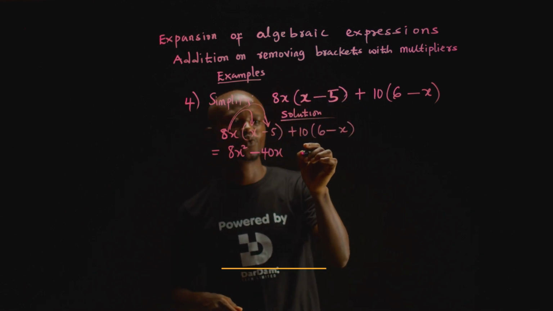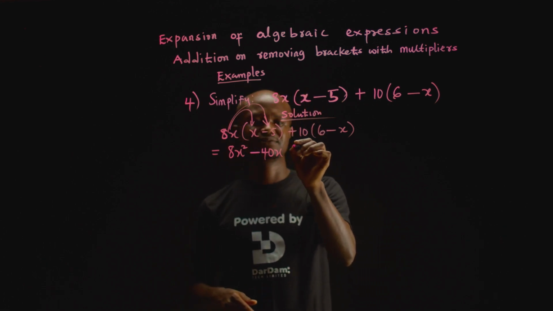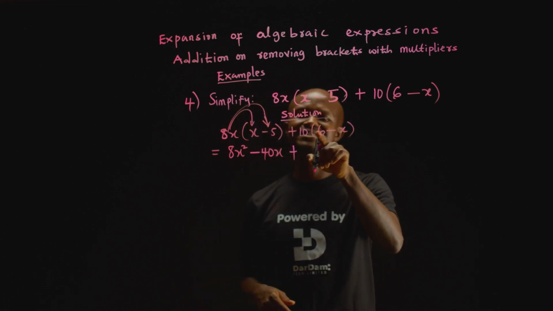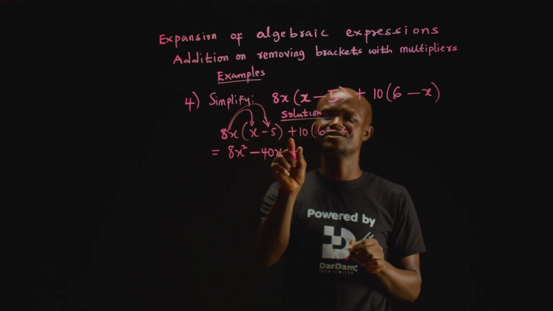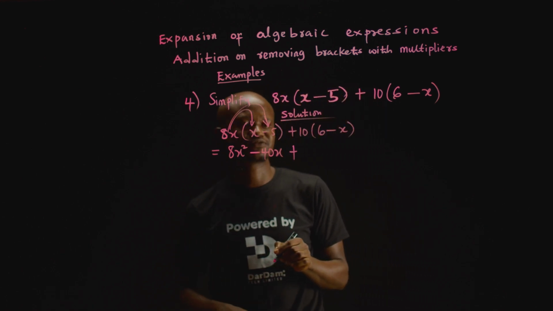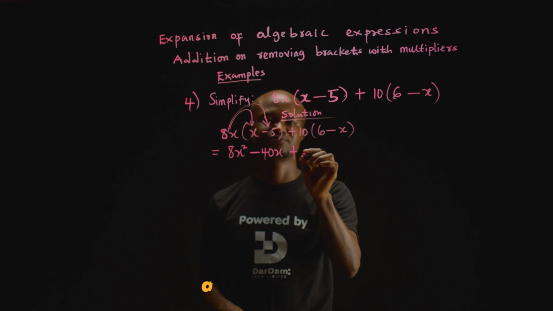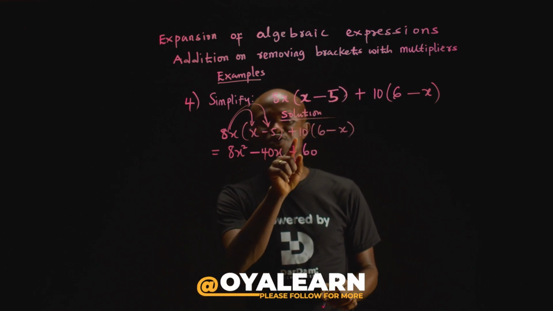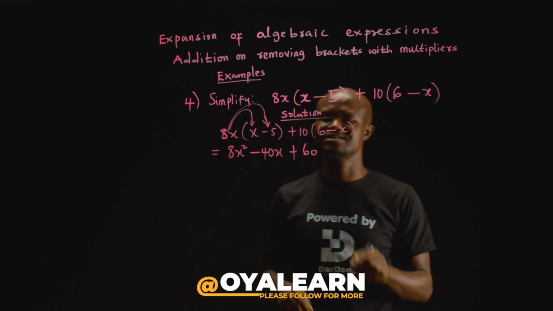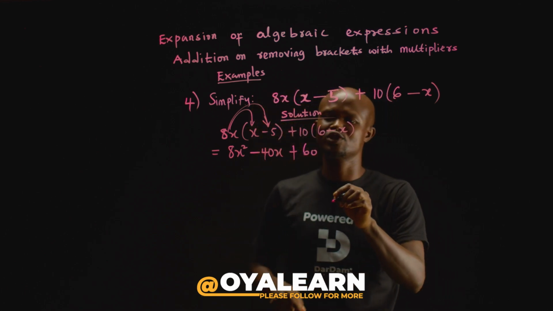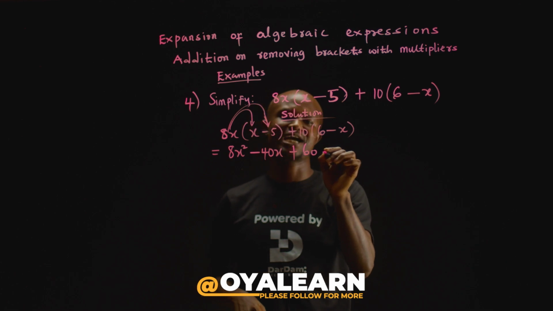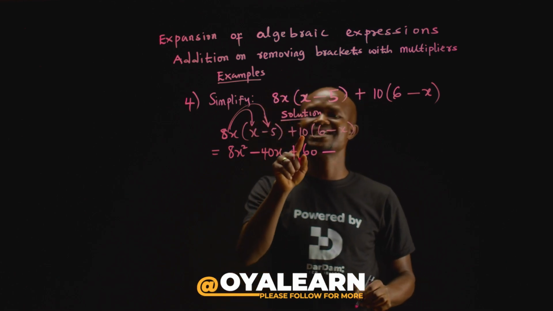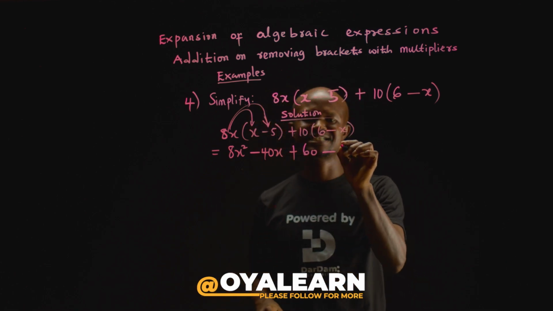Now we have plus 10 times 6, which gives us 60. This plus term is also multiplied by minus x. Minus times plus will give us minus, take note. Now 10 times x is